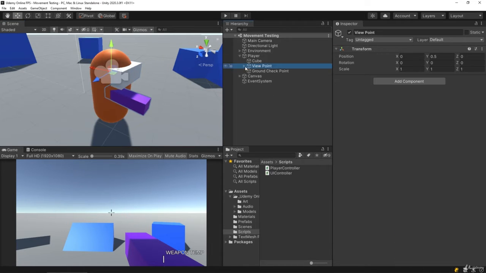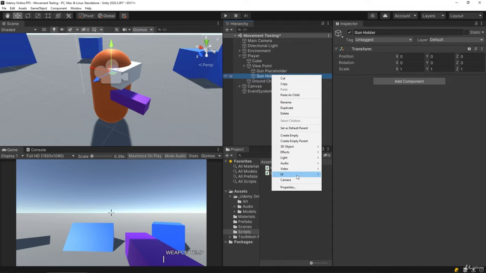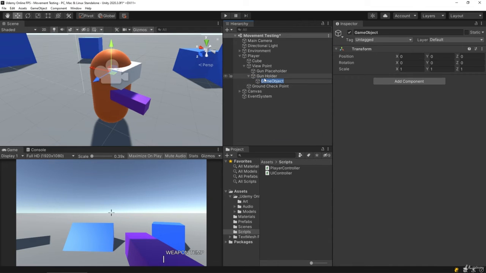Let's select our viewpoint. Then I'm going to right click on this and create an empty child of that we're going to call the gun holder. Then we're going to create another empty child, create empty, that we're going to call gun 1, which is going to be our pistol. We're going to duplicate that and change this to say gun 2, which will be a